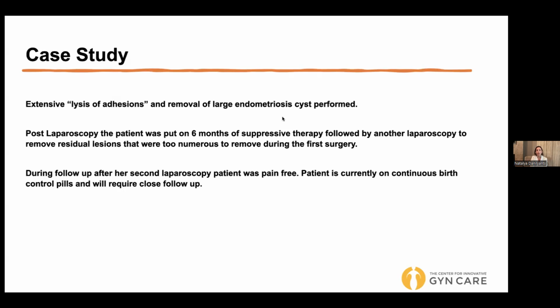If it's located on one side or the other, think of a musculoskeletal cause. Sometimes patients will have what's called a labral tear. It's a hip joint tear that will cause one-sided pelvic pain. So that may need to be ruled out, especially if it's a pain that's on one side.